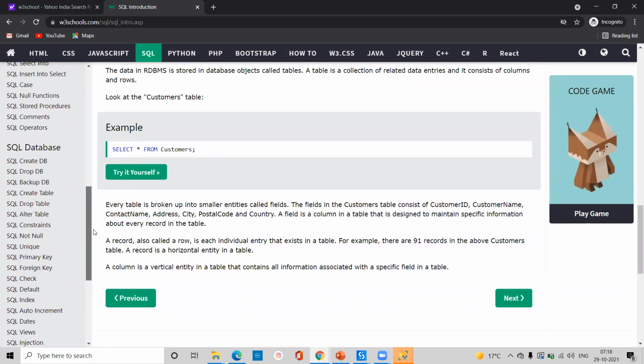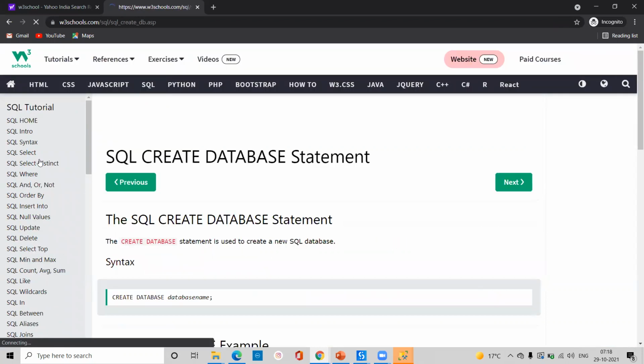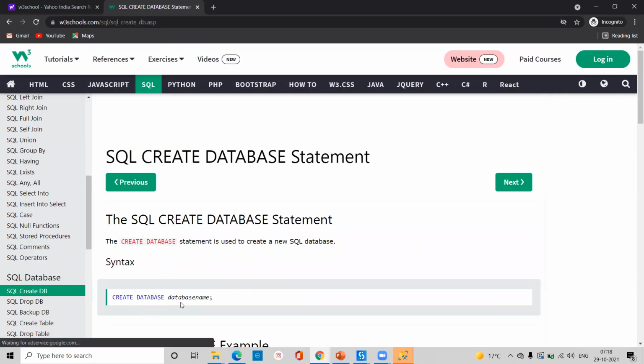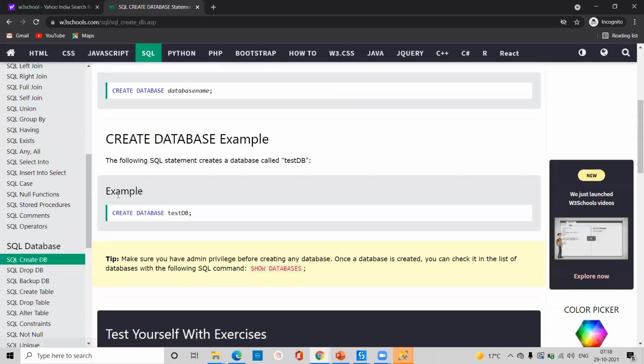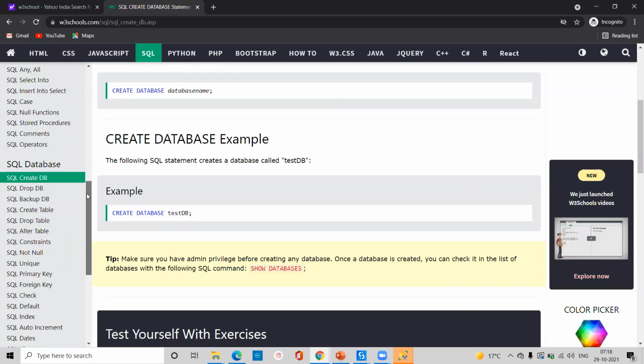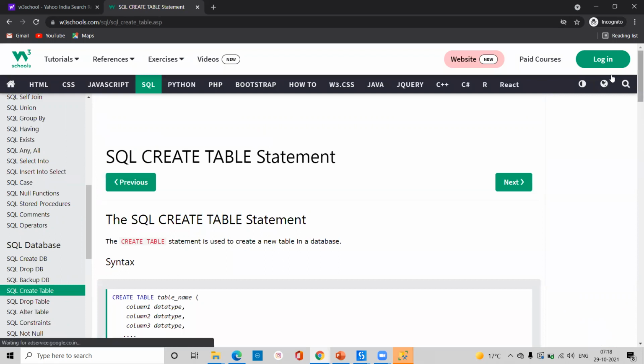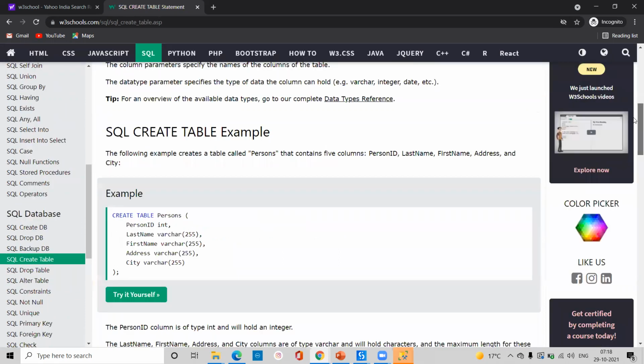So I use this type of syntax: CREATE DATABASE, which I have already used, and USE DATABASE. So right now we have to create a table. Okay. That's why I will show you these things. CREATE TABLE, this syntax we will use. Okay.